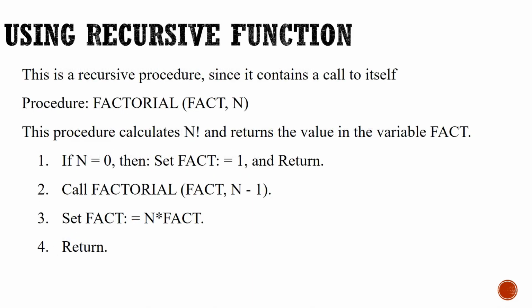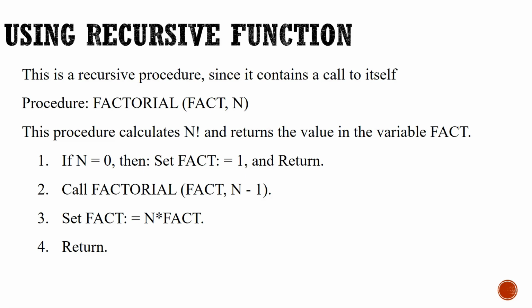Let us look at how the same thing can be performed with the help of the recursive function. So now in the recursive function, we are passing two arguments over here. One is fact. The initial value of fact will be equal to 1, and the number for which I need to find the factorial. So now how will this work? Let us check. Line 1, that is my base value. What is the base value? If n equal to 0, then set fact equal to 1 and return.